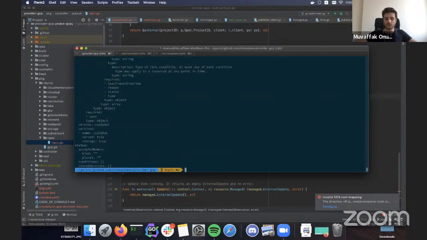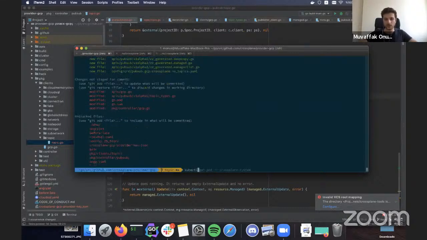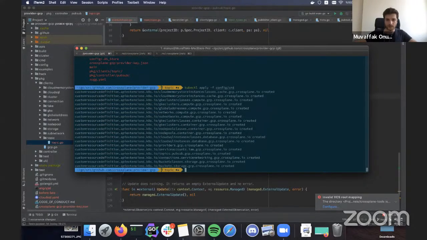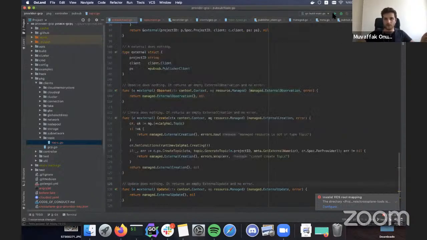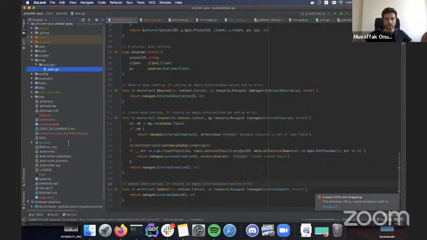Okay, the cluster is ready. So first what we need to do is, as you remember, we have generated the YAML file here, the CRD. We will go ahead and actually apply this whole folder to apply all the CRDs. As you see here, we've got our new CRD registered to the API server. So when we start the controller, it will not crash because it's there. Cool. So cmd provider, main, and run. Let's see what's gonna happen.